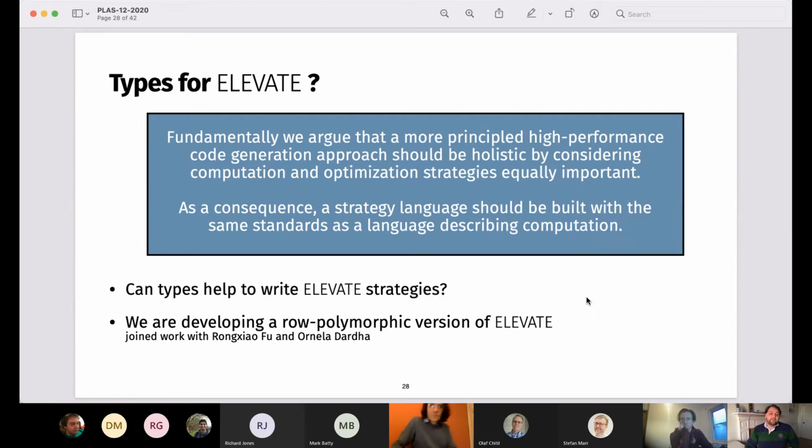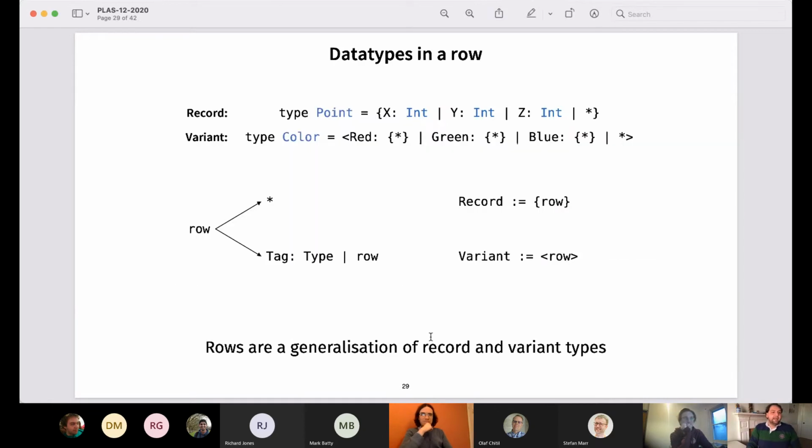And for that, we use a row polymorphic type system, okay? And I'm aware that I have like 12 minutes left, so I will be a little bit quick on this. But the idea here is, we have rows as a concept. So a row polymorphic type system means